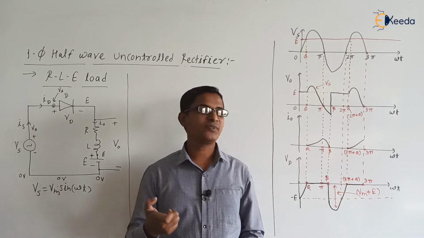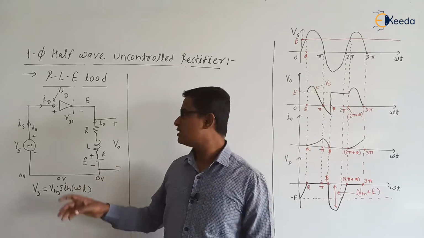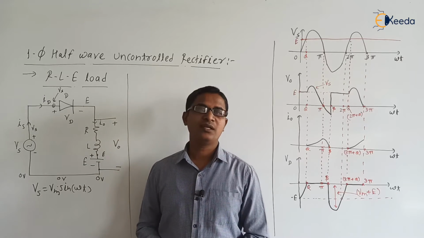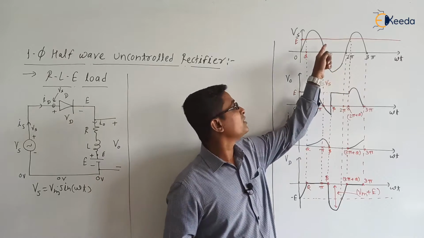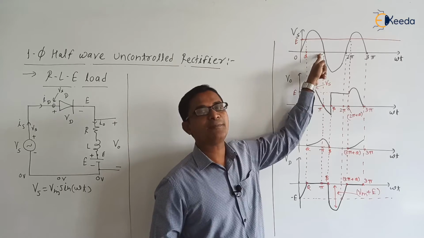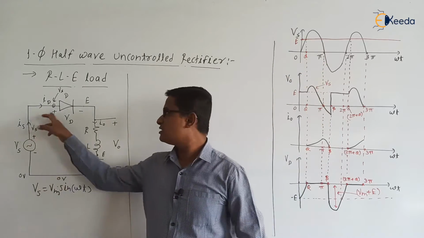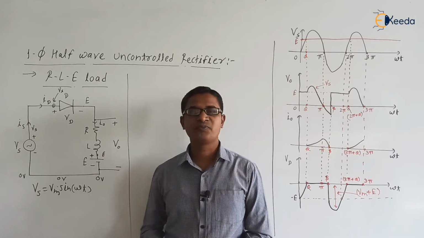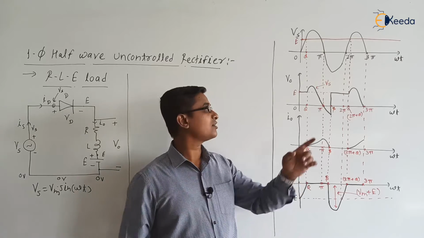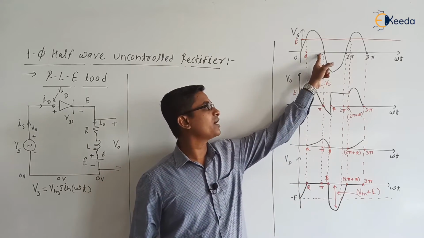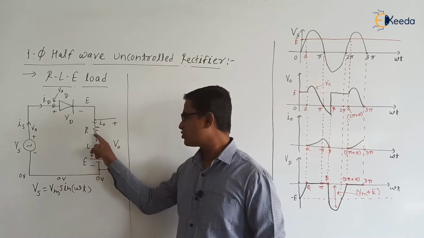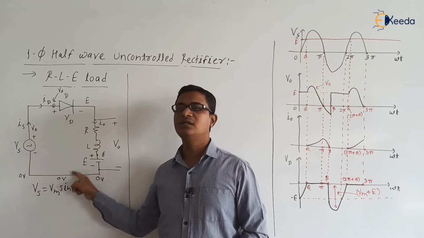During this period, after omega t equal to theta, the inductor goes on storing energy. At pi minus theta, again Vs is less than E. But here we have the inductor. Will this inductor allow a sudden change in the current? No. Whatever energy was stored by the inductor from omega t equal to theta to pi minus theta, the inductor will release that energy after pi minus theta. So the conduction after pi minus theta will again be through the diode only.